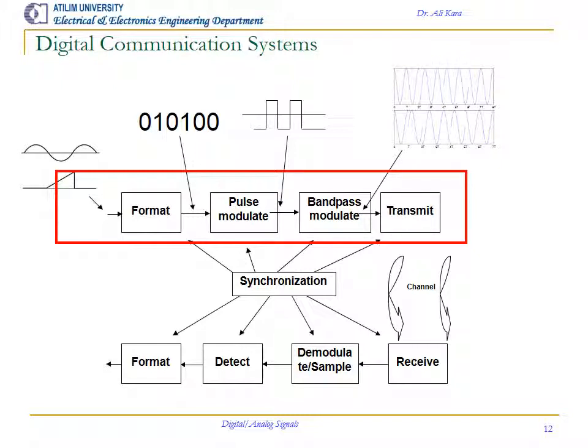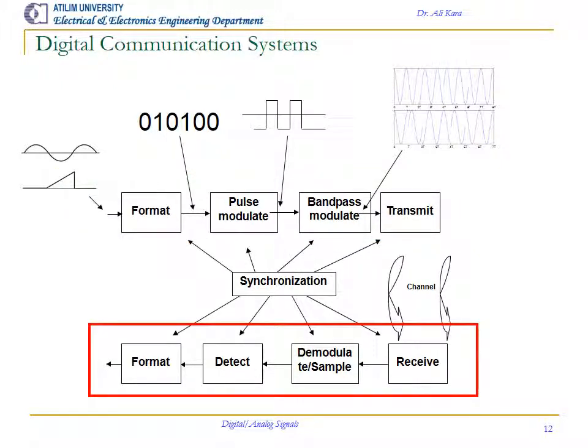It takes the low-pass signal and makes it bandpass. After we get the bandpass signal, we send it over air, on cable, or on any other form of channel depending on the setup. The receiving part is now quite simple, as we have studied the transmitter part. Every operation in transmission has its counterpart in the receiver end. The signal is received from the channel. It is demodulated, detected, and then, using the inverse of the formatting we used in the transmitter, the message signal is